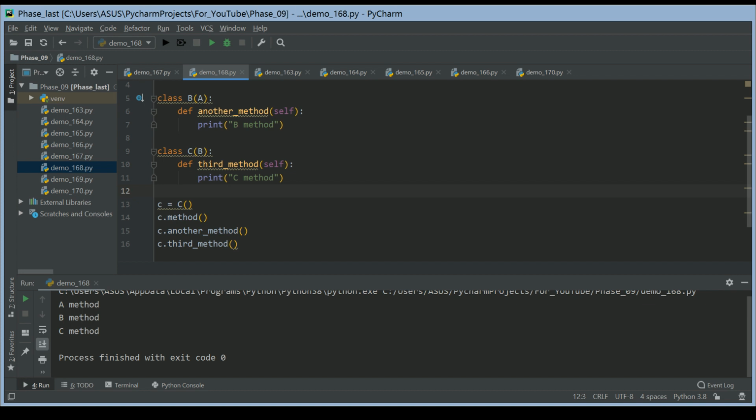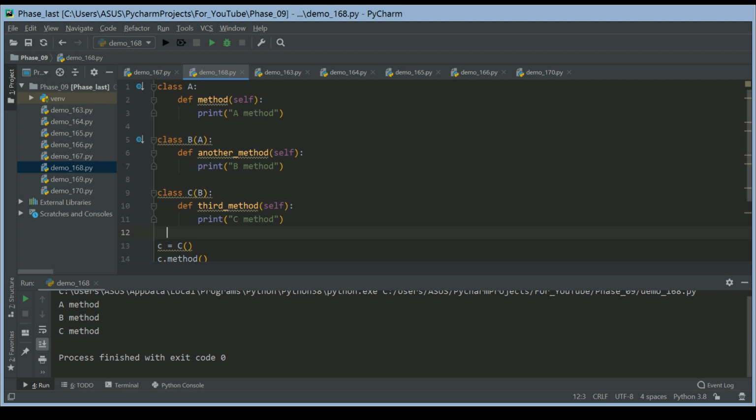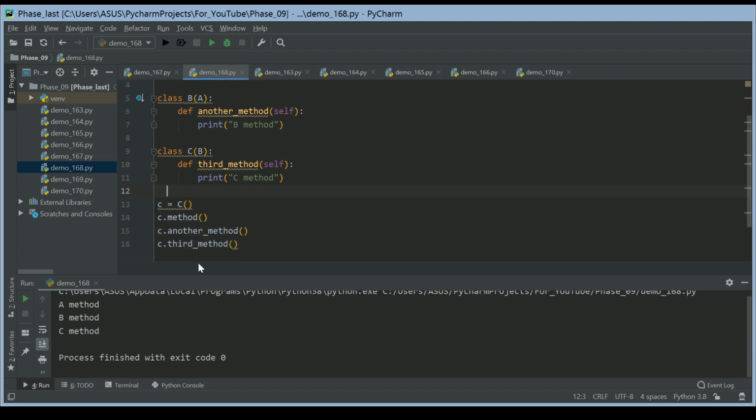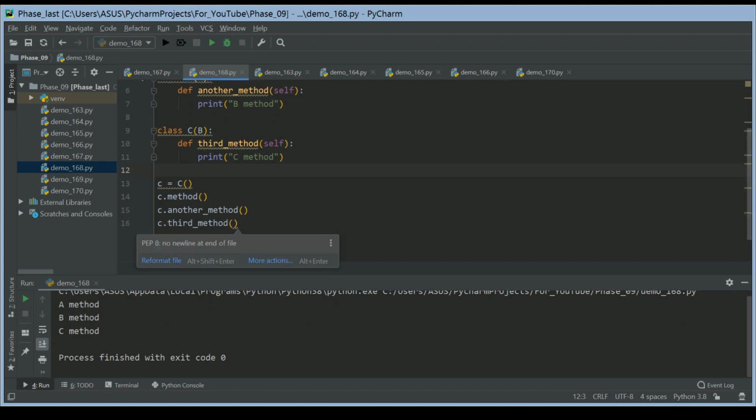C directly uses B and indirectly uses A. It inherits from B and A, in fact. So A method is printed. See, and after that method,